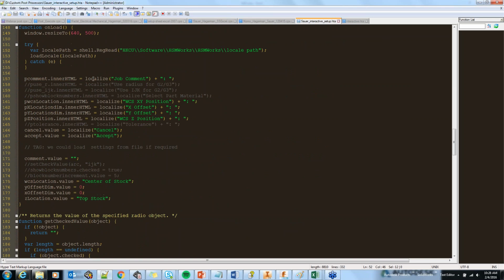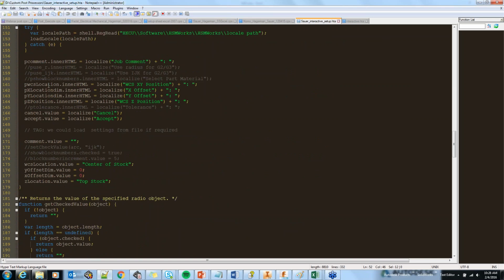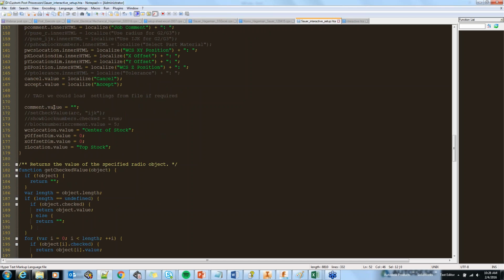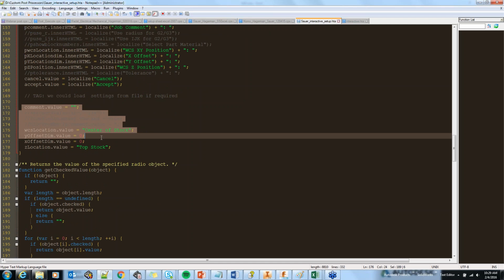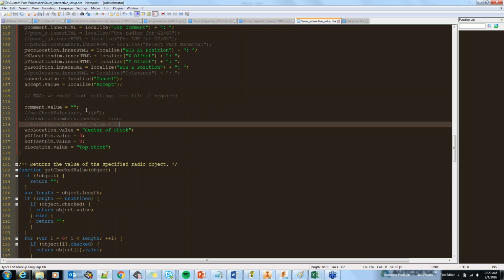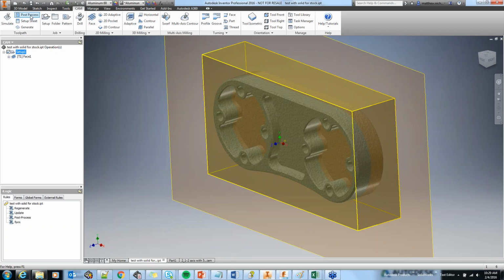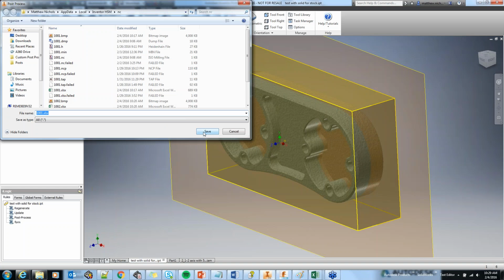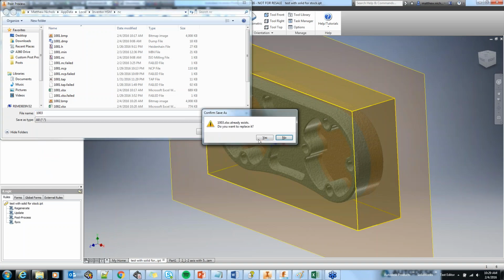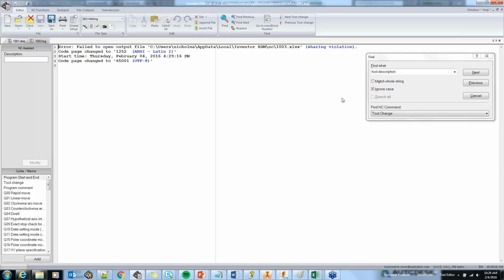Okay, so job comment, positioning, offsets, all of that stuff, and then your cancel and accept. So that's all in there to pull. And then this area right here is setting the default. So whenever I posted it out,